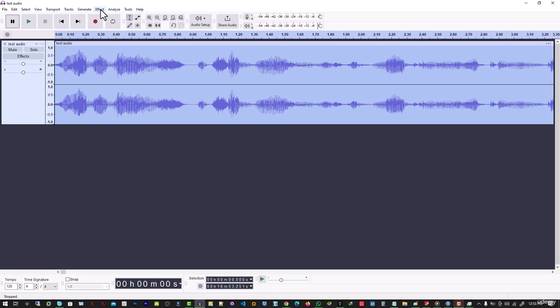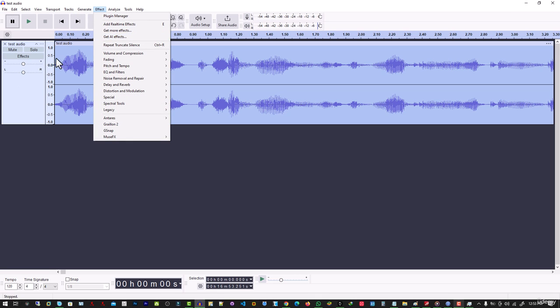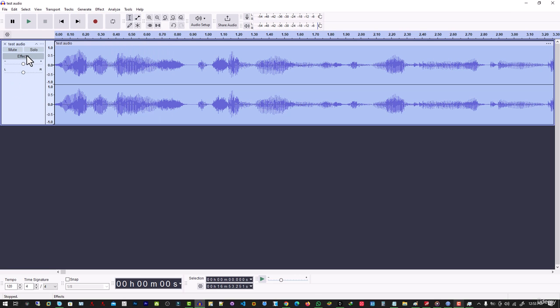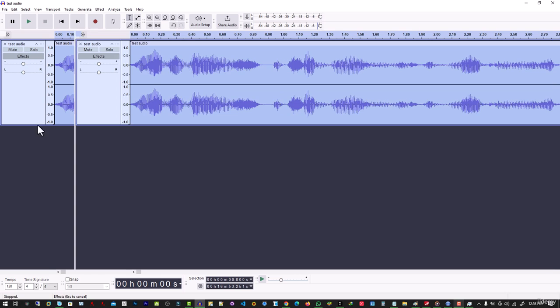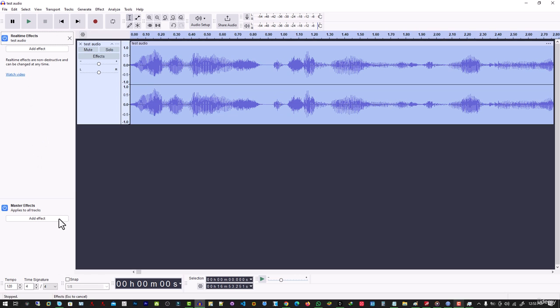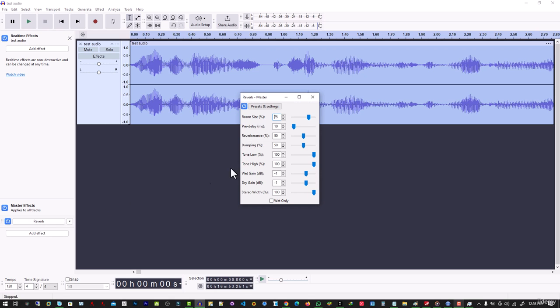So if you go to this place that says effect and you click on effect, it's going to load up the effect modal, and you're going to see where you can go ahead and add effect. So if I click on add effect and I go to VST, Audacity, and I go to reverb, if I add the reverb feature and I click on it, you're going to see that it's going to bring up where I can control the reverb. So if I play my audio right now,